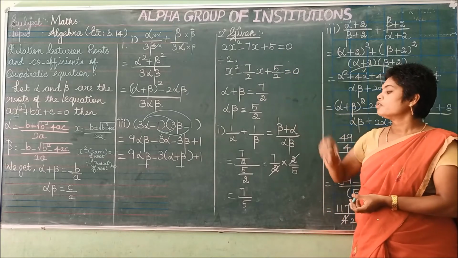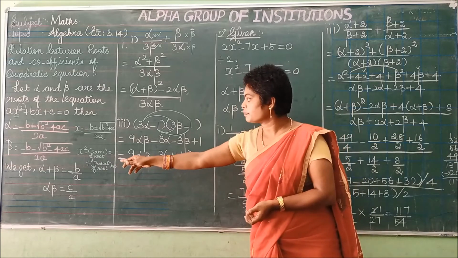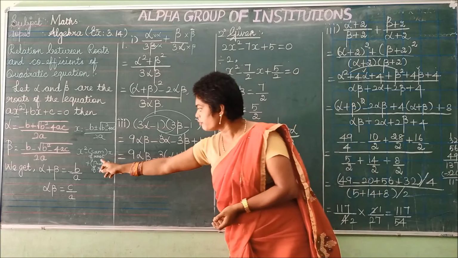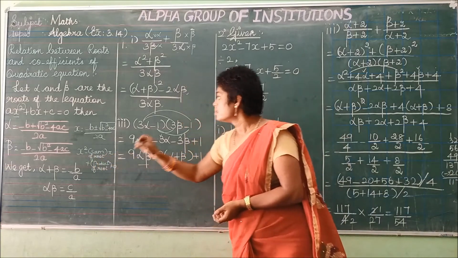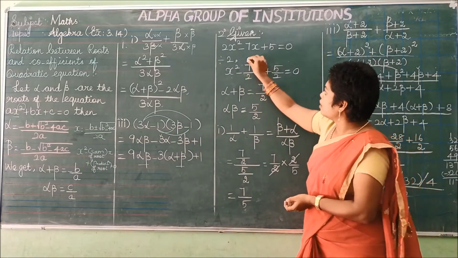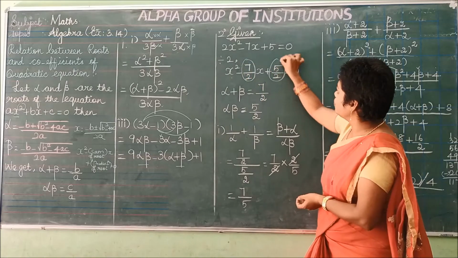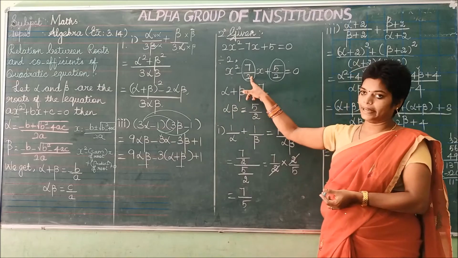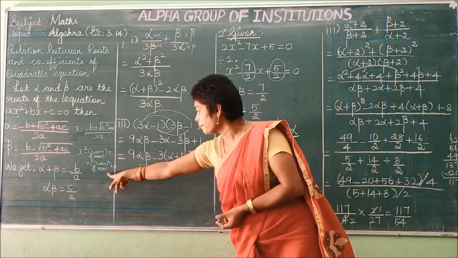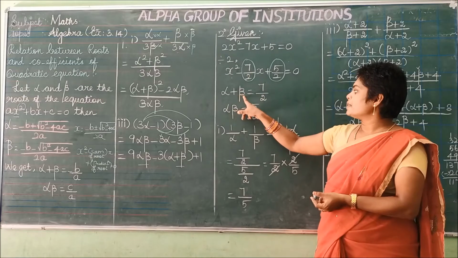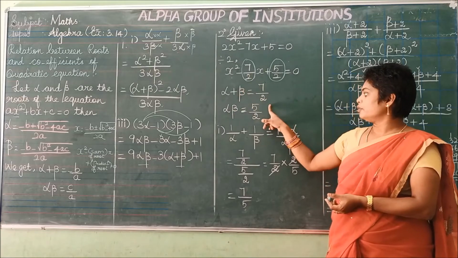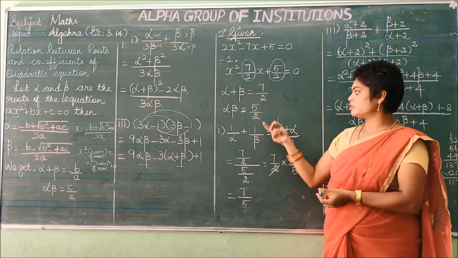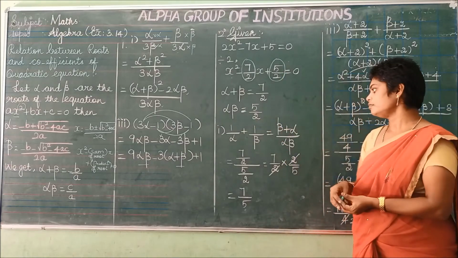equal to 0. So here we know alpha plus beta is what? Minus b by a. Or else you can consider this formula. Sum of the roots means this one is called the sum of the roots. This one is called the product of the roots. So instead of alpha plus beta you can apply this value using this formula. Listen, alpha plus beta is equal to 7 by 2. What is the product? Alpha beta is equal to the constant term, this one, 5 by 2.